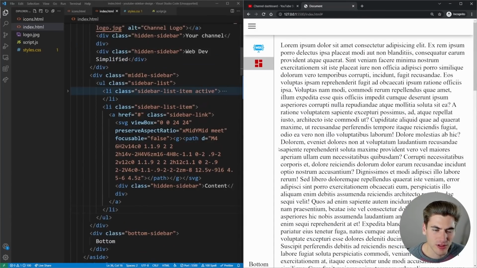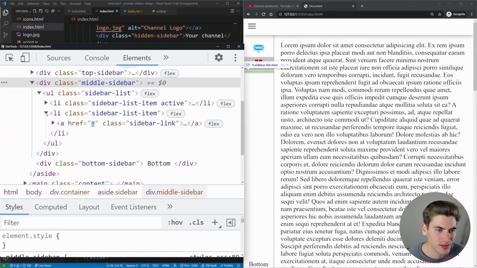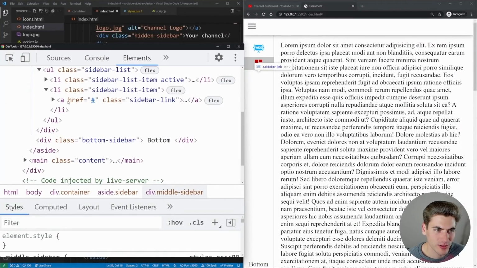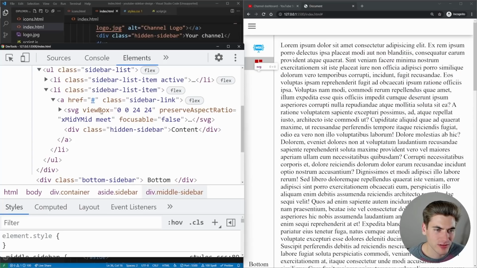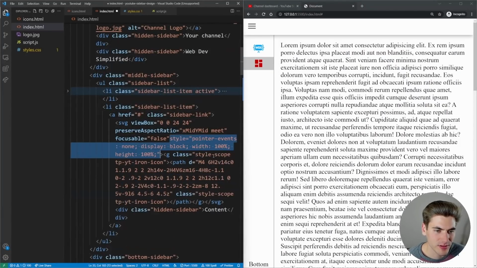Let's inspect to see what's going on. Middle sidebar, our list item number 2 here. And our list item looks like our SVG does not have anything inside of it. I must have deleted too much by accident, so we'll just undo this a couple times. Okay, there we go. I think,